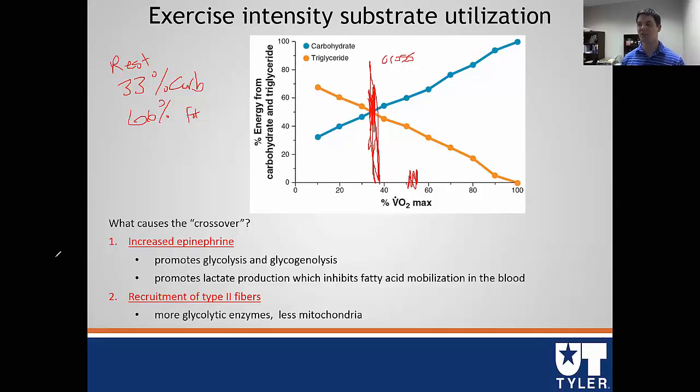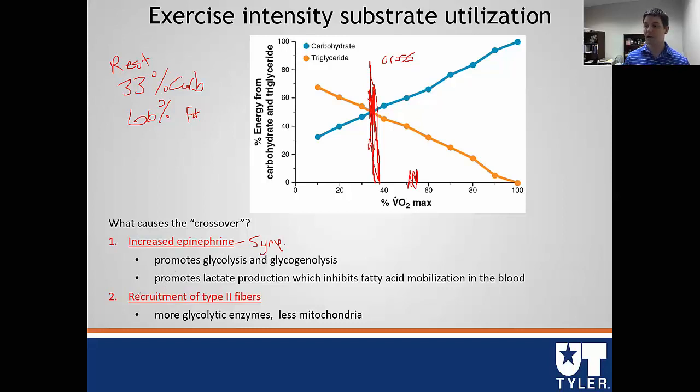So what causes this crossover? Why are we switching into carbohydrate metabolism? First, we have an increase in epinephrine, which is the sympathetic nervous system. If we were in England, we would call this adrenaline. So we see an increase in sympathetic nervous system. This hormone, again, what do we know? It ramps up metabolism. It promotes glycolysis. If we promote glycolysis, then we are going to promote more pyruvate being made. It's going to compete with that coenzyme A, more pyruvate than we have fat, and so therefore we're going to start to use more